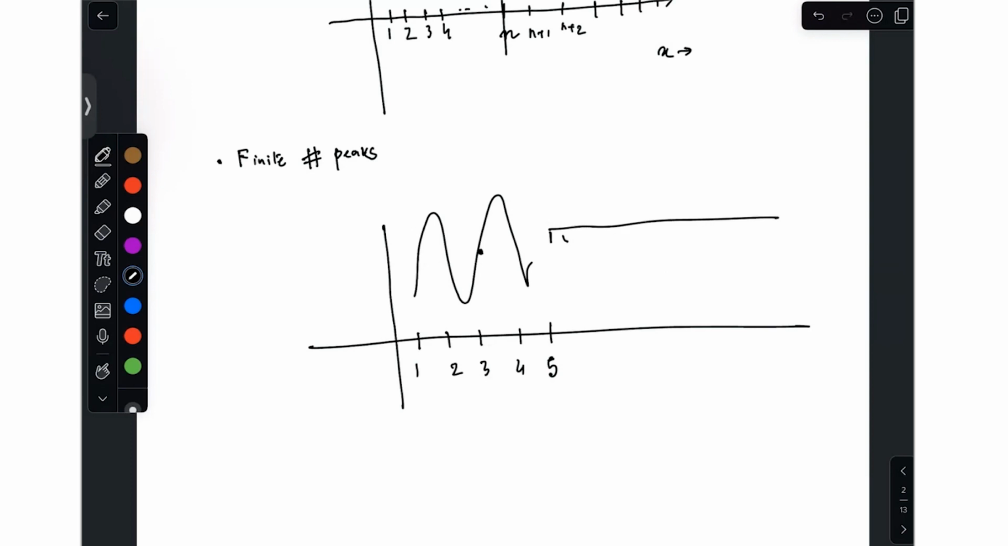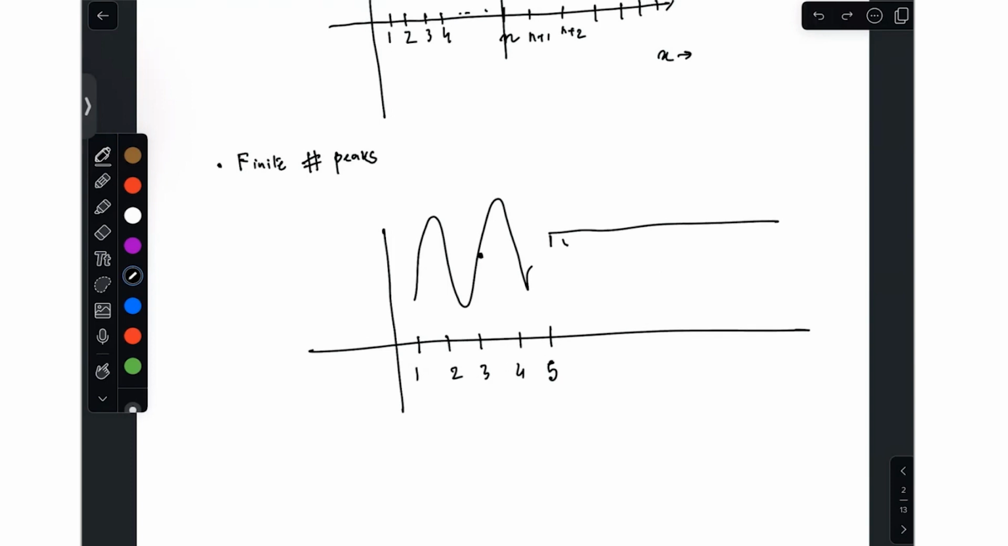But that may not be true, because if this is happening, this is also a peak at 4, right? So therefore, you have to be careful. If it is one peak, that means the previous numbers should not be the largest. You understand? Should not be the largest. There can be more